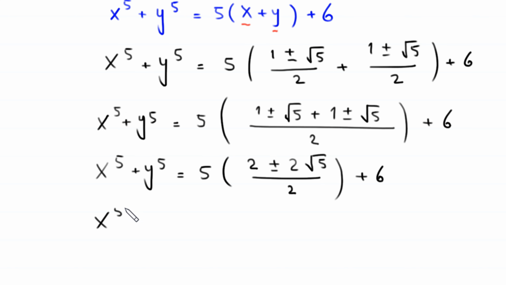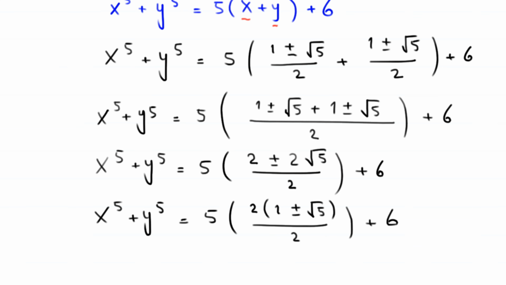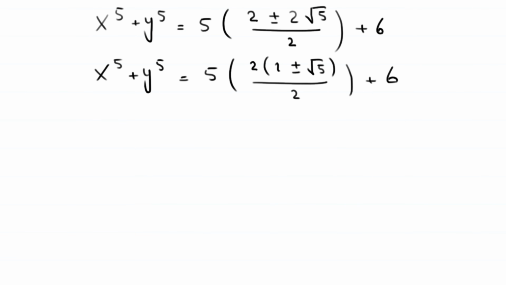Next, from the numerator we can factor out 2, in bracket (1 plus minus root 5), divided by 2 plus 6. Now this 2 will be cancelled out with this 2 and we are left with x to the power 5 plus y to the power 5 is equal to